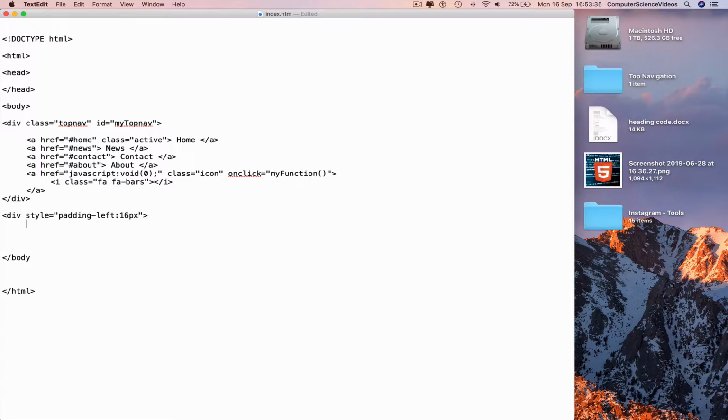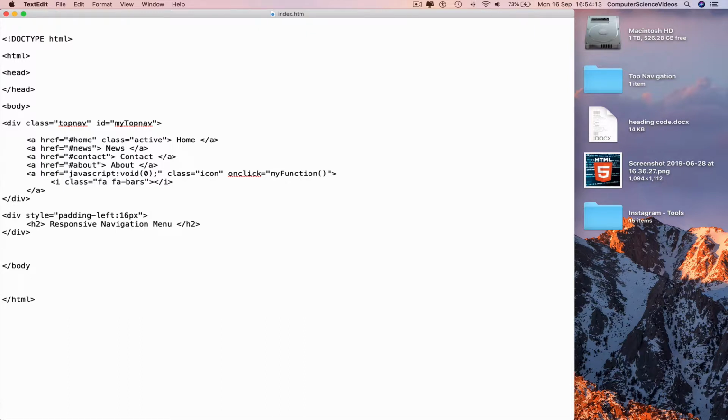On the next line, we need a heading, less than h2, greater than, responsive navigation menu. Less than /h2, greater than, end with less than /div, greater than, Command S to save,